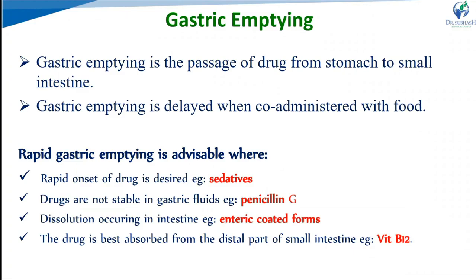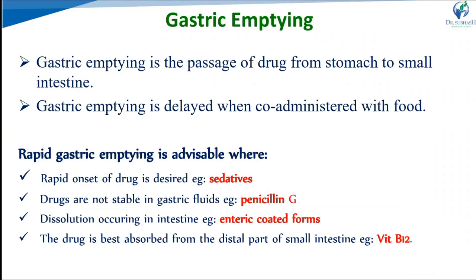The major functional components of the GI tract are the stomach, small intestine, and large intestine. In the small intestine we have the duodenum, jejunum, and ileum, and the large intestine has the colon parts. They differ from each other on the basis of their anatomy, function, secretion process, and pH. The pH also changes from stomach to large intestine throughout the GI tract. The first patient related factor affecting drug absorption is gastric emptying.